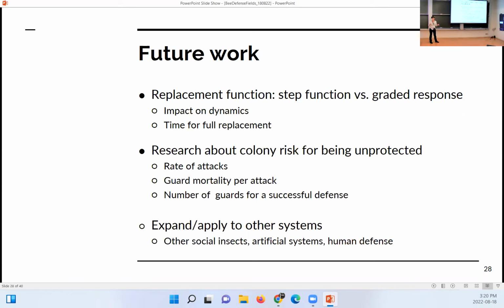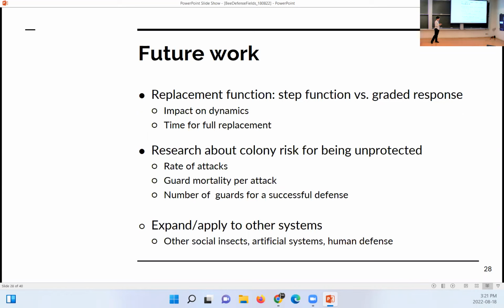And then for larger applications, as I said, this is not only applicable to stingless bees. There's many other insects that have these 3 processes. Hypoponera is very common. This morphological specialization is common in ants and in other bees too. And flexibility is also widely spread. And not only social insects, but also artificial systems. You may think of little robots doing different things, and some of them are in charge of maintenance, and others are specialized for a certain task. And also in just the human defense domain, you may have a team where people are dedicated to different tasks, and the general dynamics are applicable to all these things.